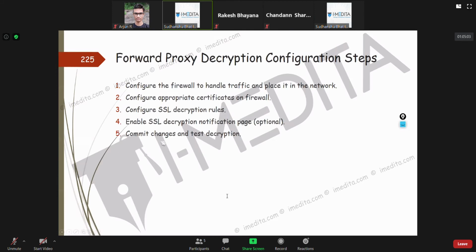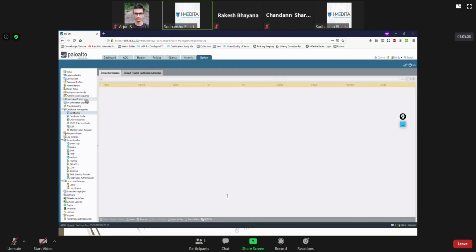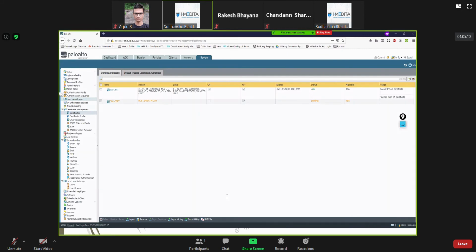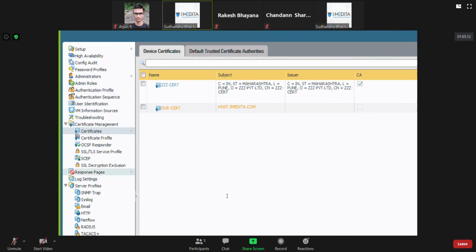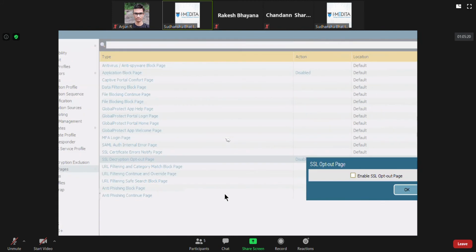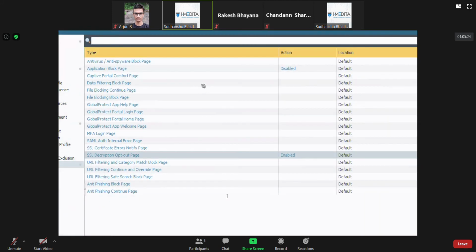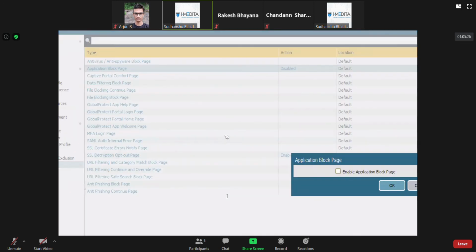What I'm going to do is, again in the response pages, just where we enabled the response pages for other things, there is an SSL decryption opt-out page. If you click on this, you can enable it. We came here earlier for the application block page, remember?